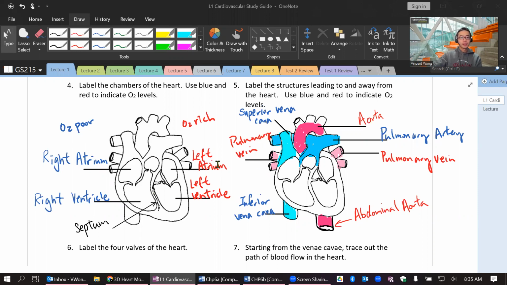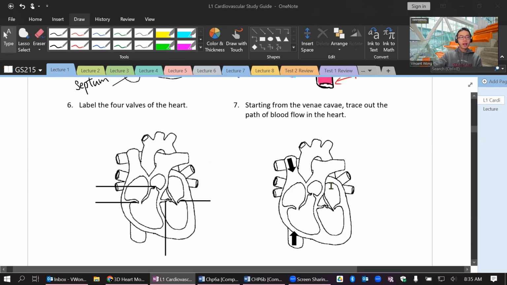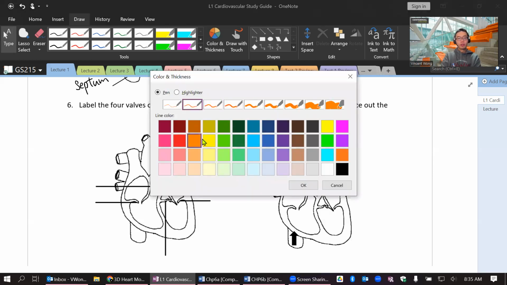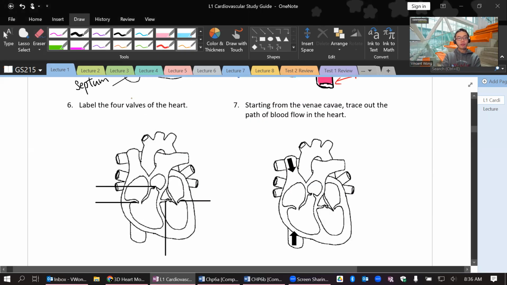All right. Label the 4 valves. The purpose of valves is to prevent backflow of blood. We don't want things to be moving backwards. But if you have a leaky valve, for example, regurgitation can occur and blood might be squirting backwards, which could lead to things like heart murmur. We talked about that last class as well. But generally speaking, in a normal, healthy heart, we should not have any backflow, thanks to the 4 valves that